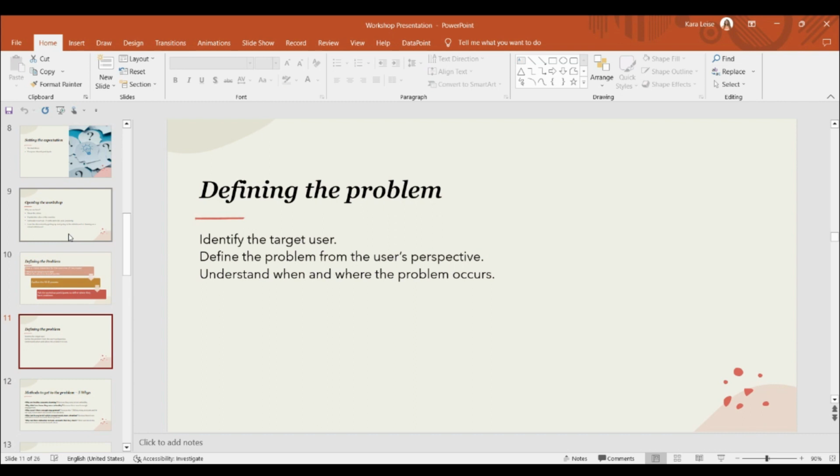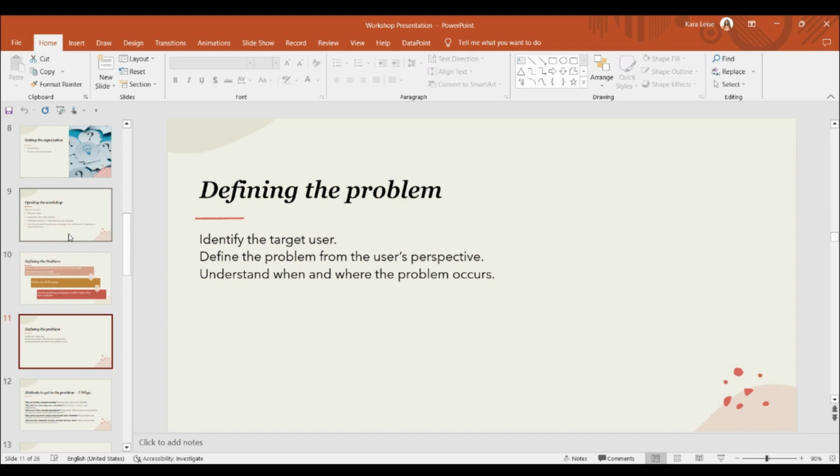Then, as you're defining the problem, you want to target the user. Who is the person having this problem? Which user role, which user type, which user avatar? Define the problem from the user's perspective. So what is the user trying to do and how are they being impeded from doing this because of whatever the system or the problem or the process is? Understand when and where the problem occurs. So you have to pinpoint, okay, this user doing this functionality is having these problems at this point. Because again, you need to get down to the root of the problem